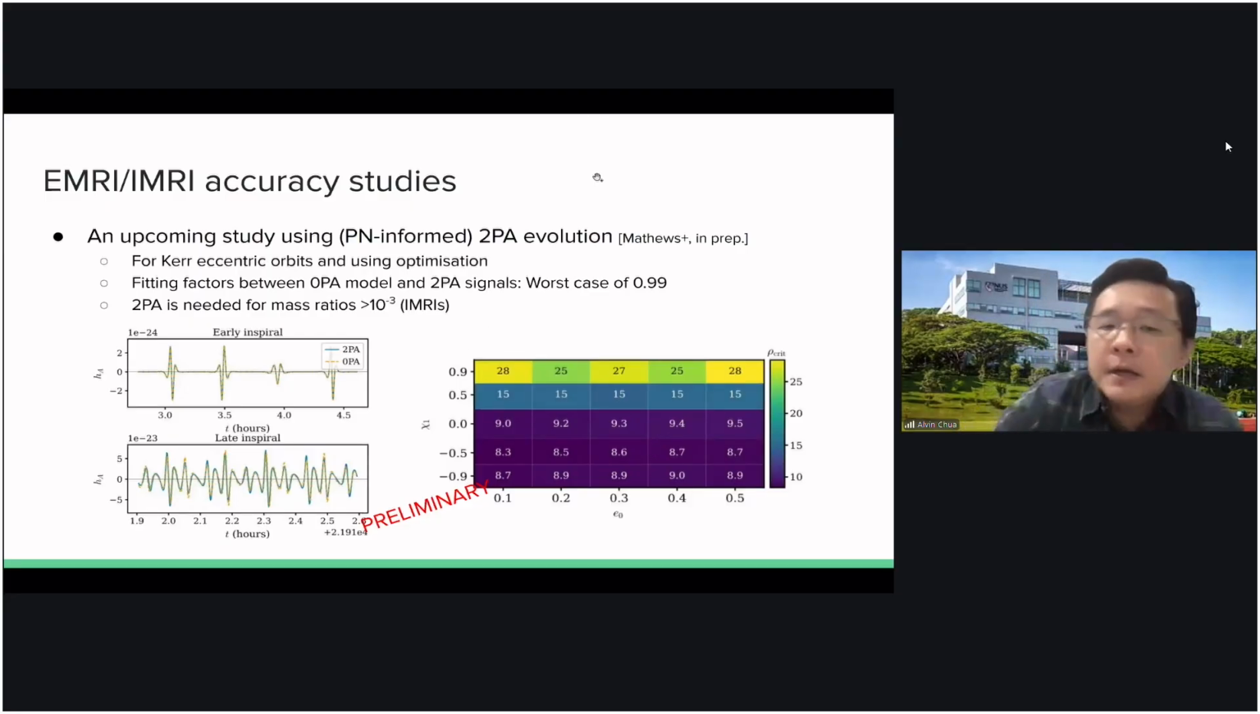So the signal itself is a 2PA signal, but we analyze it with a 1PA model, right? So just one order below. And rho crit is actually the SNR above which there would definitely be biases, right? And so we find that even in this case, where you are analyzing with the best possible waveforms we would hope to have,